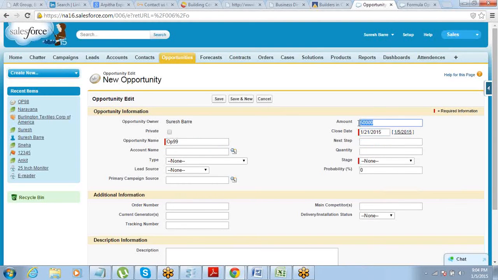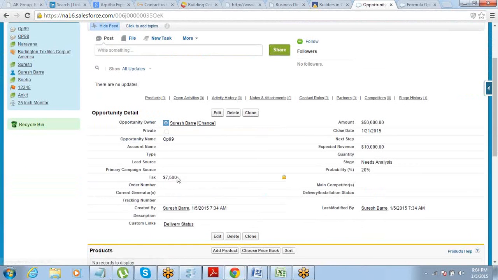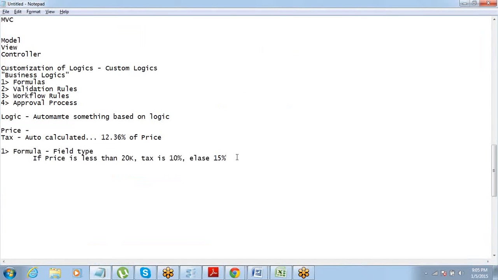So this is more than 20,000. So definitely this tax is going to be 15% here, which would be like 7.5 thousand. Yes. That's it. Got this? So you have a scope of making things the way you want, right? So it's not just about mathematical calculations. There can be other things. Like if I have to talk about one more example.